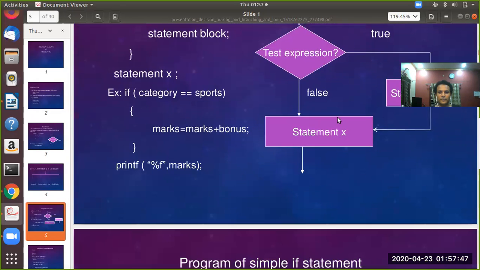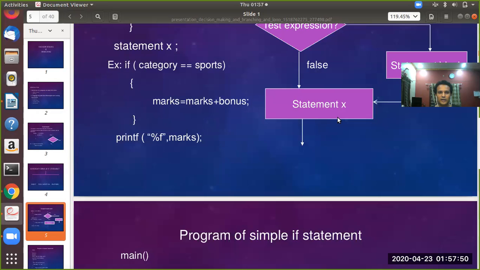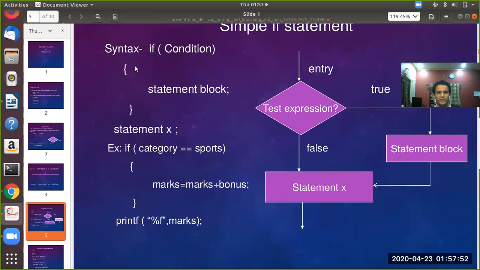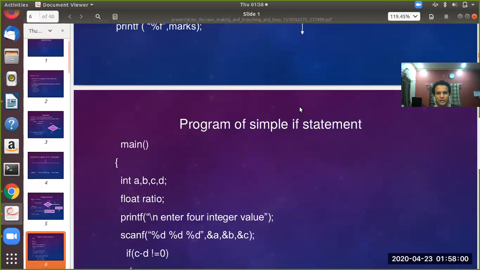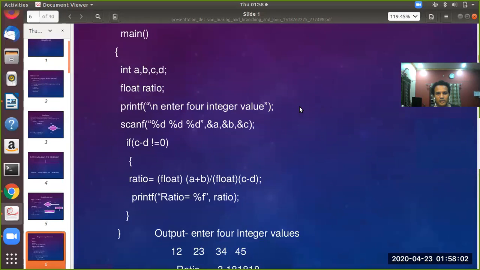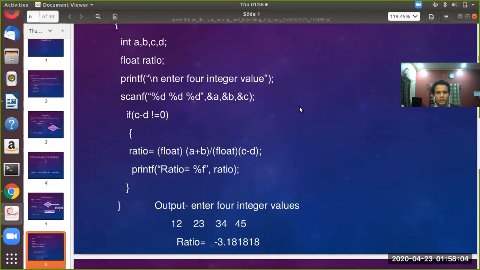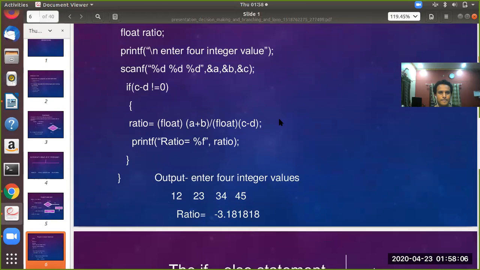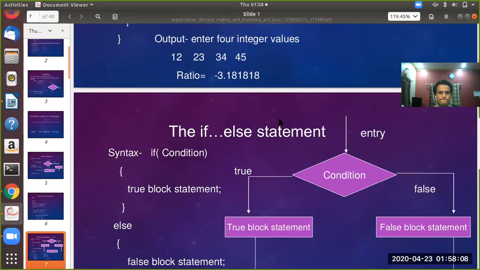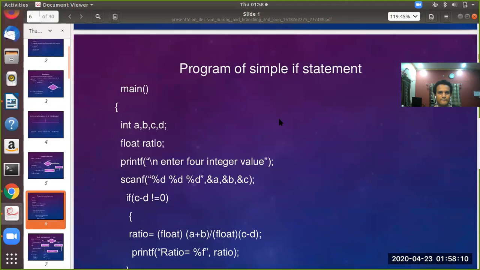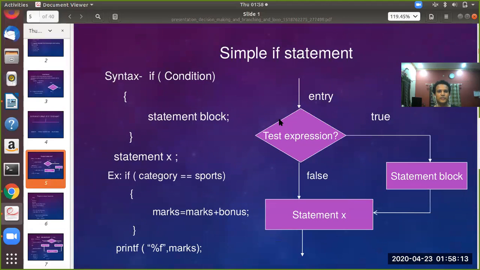See, look here. Look at this program. So this is the simple if statement.